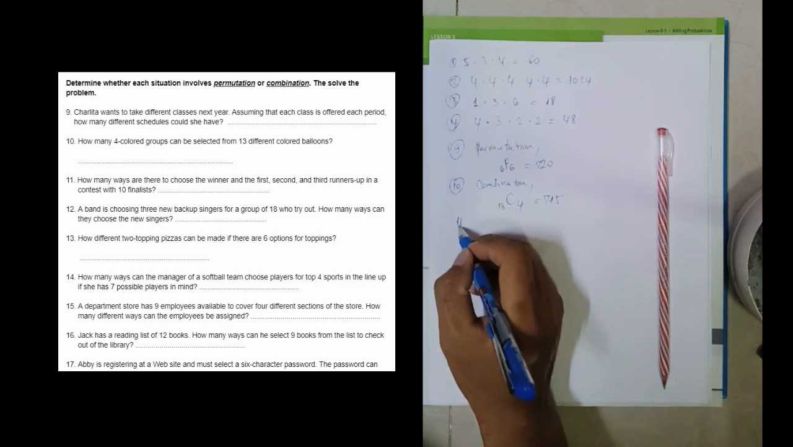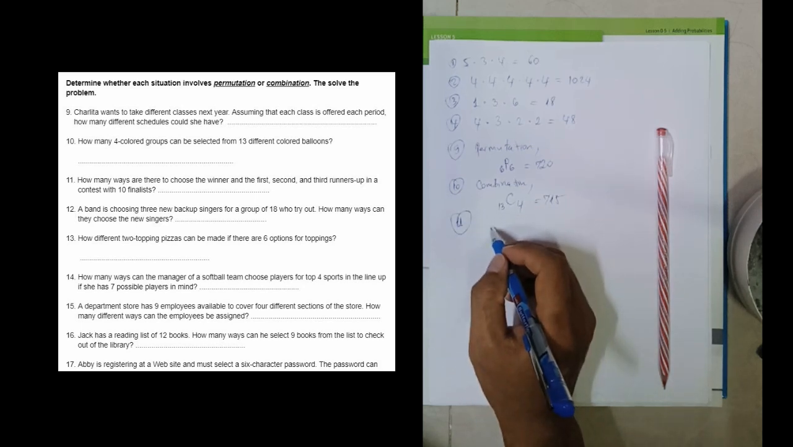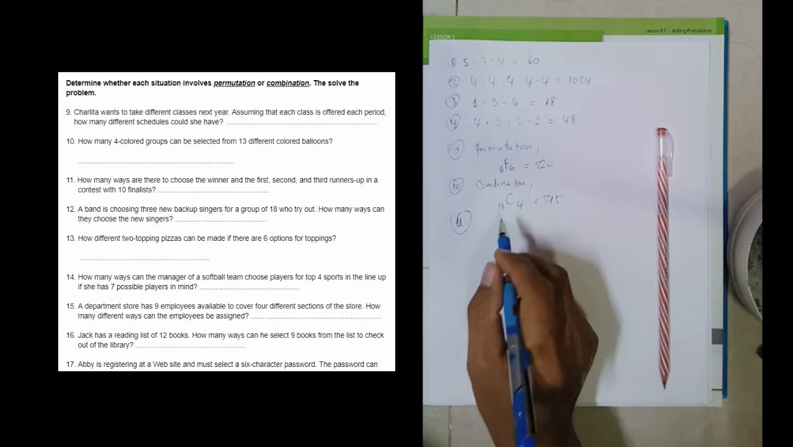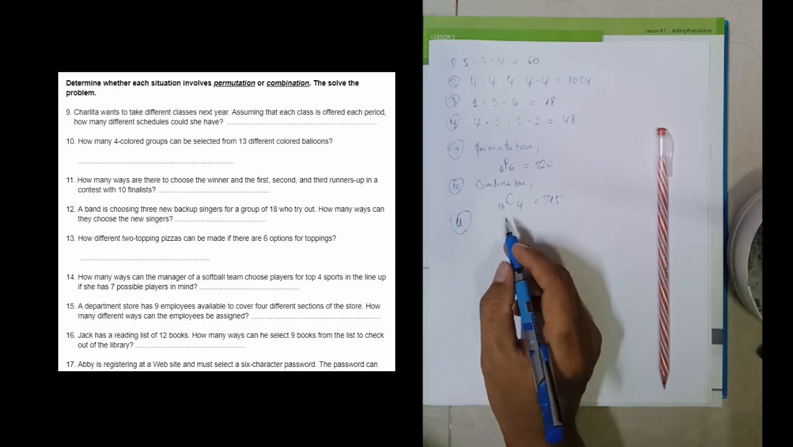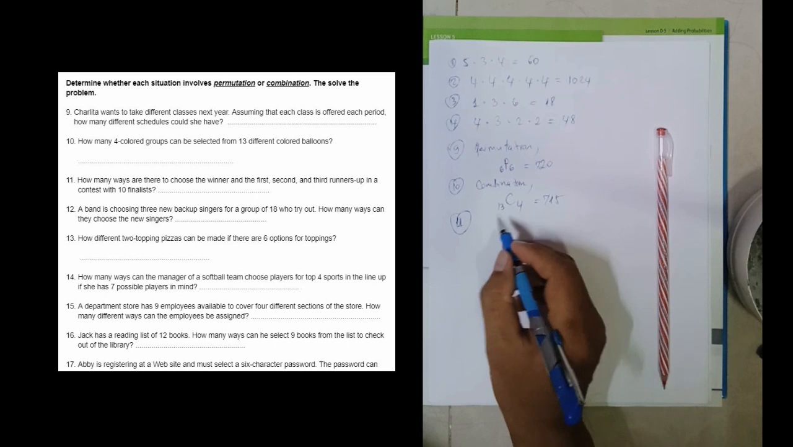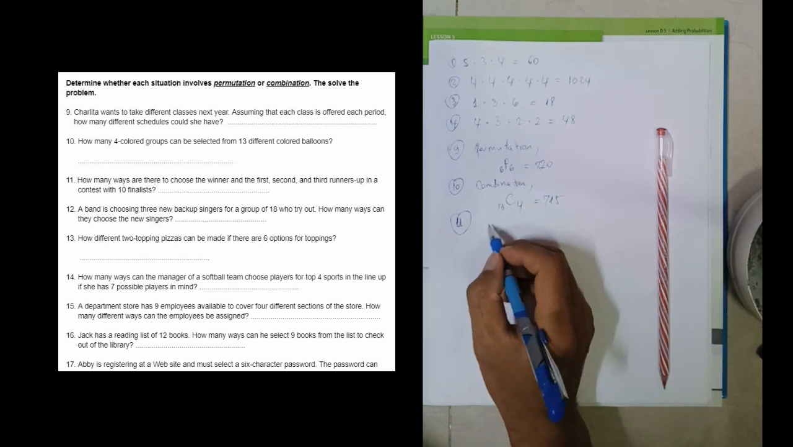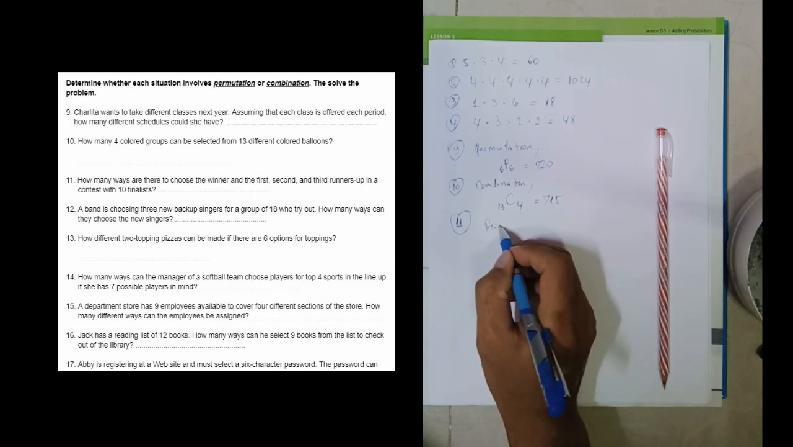Number 11, how many different ways are there to choose the winner and the first, second, and third runners-up in a contest with 10 finalists? Okay, so as you can see, this is obviously a permutation. Talk about ranking, first, second, and third. So we have a permutation,